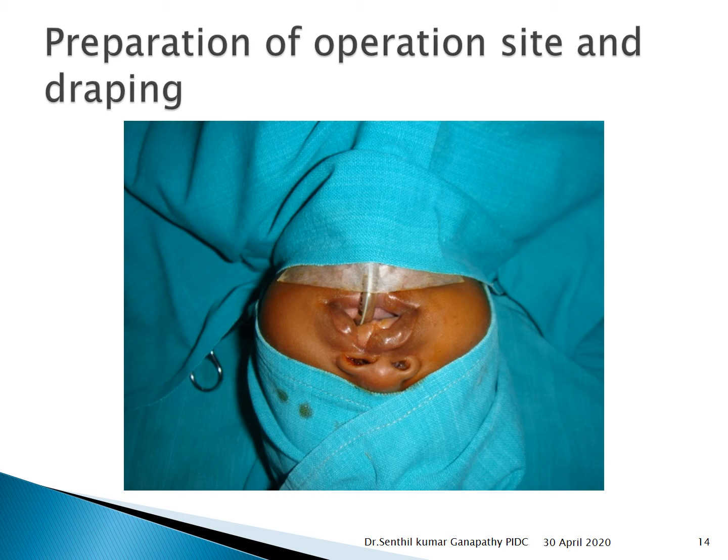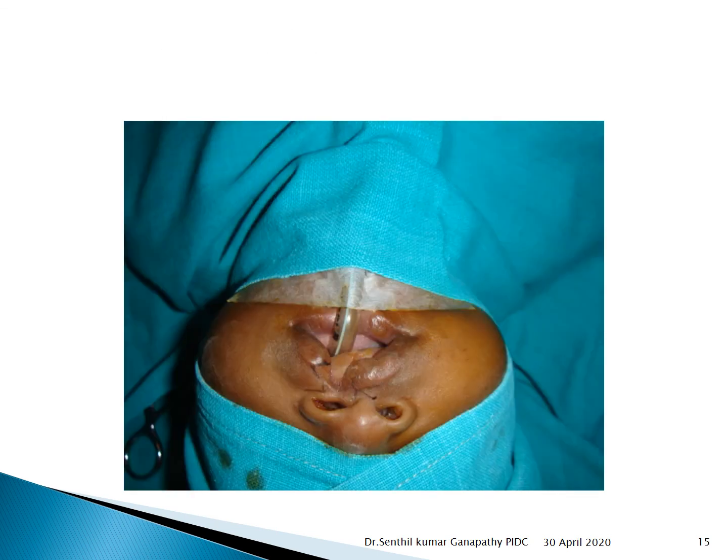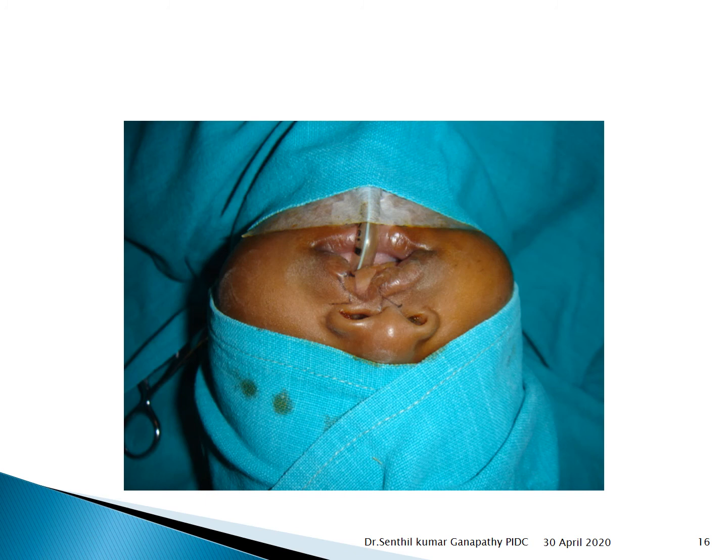Then after that, extraoral preparation, that is the skin. Again, it is painted with an antiseptic solution. Once the area is made aseptic, now the draping part comes in. So sterile drapes are used, at least 4 to 5 drapes are used, and the patient is draped properly in such a way that only the surgical site is exposed. So you can see the patient is literally being wrapped up with the drape, and only that area where the surgery is going to be performed is exposed.